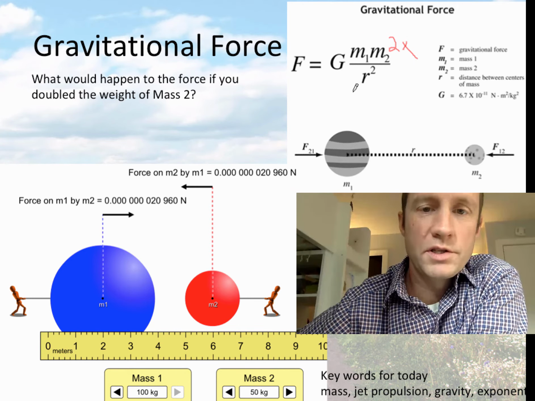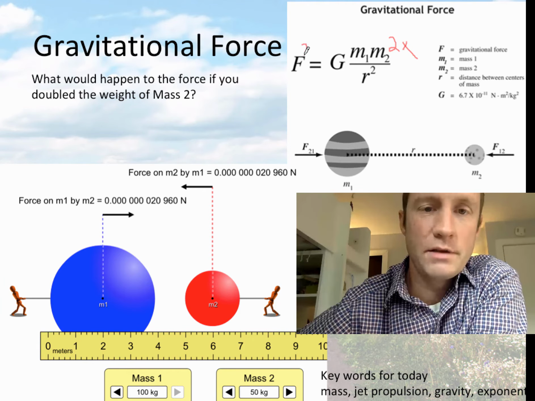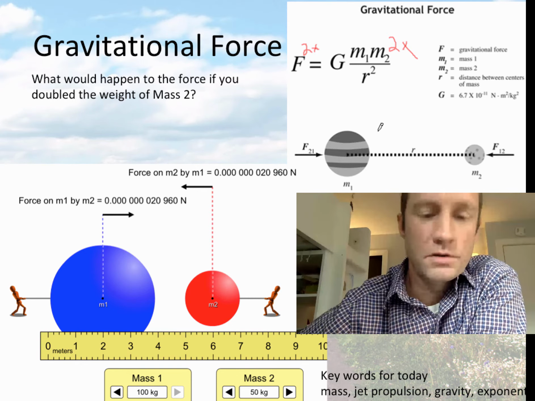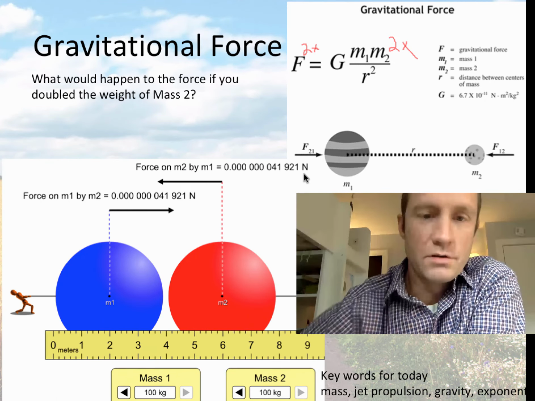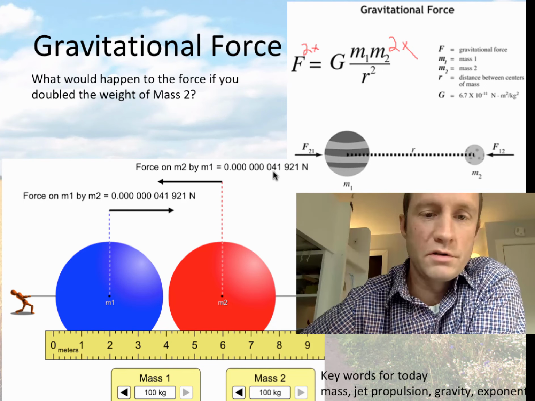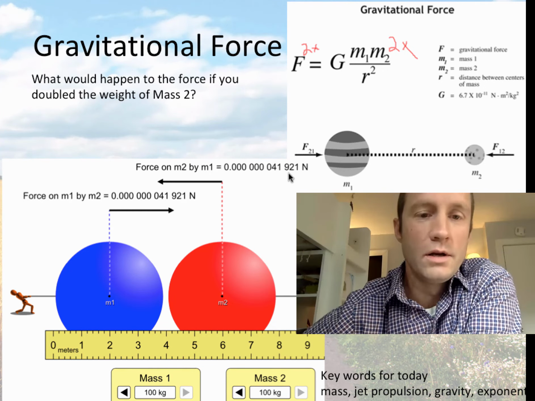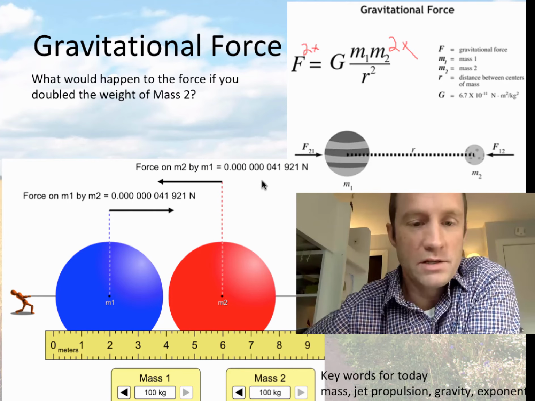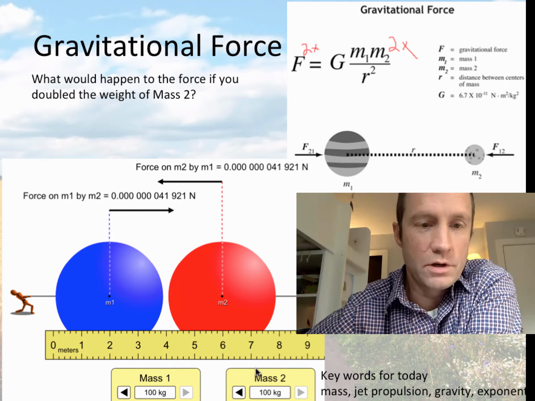Well, if you multiply one side of an equation times 2, or even one part of it, because that's going to end up multiplying the whole thing times 2, well, that means you have to multiply the other side times 2. So it's going to double the force. So we go from 0.0020 to 0.0041921. It's rounded off there a little bit, but that is double the force when we up this to 100